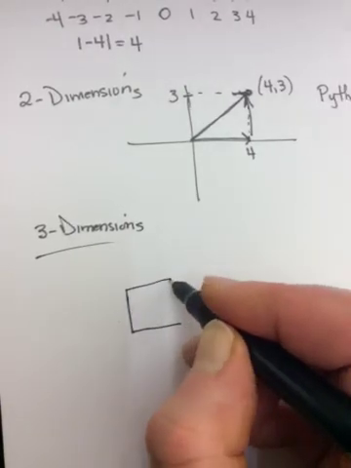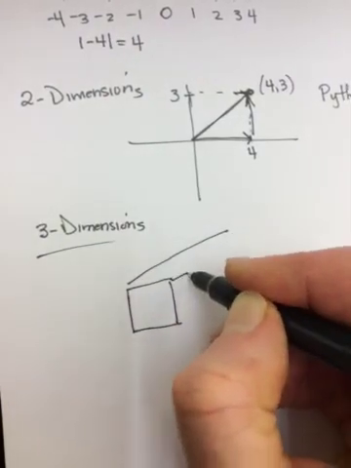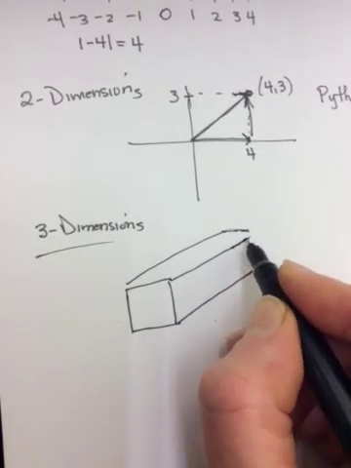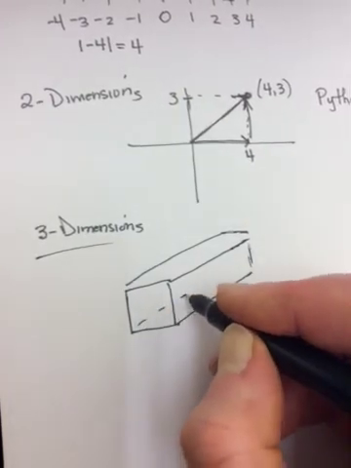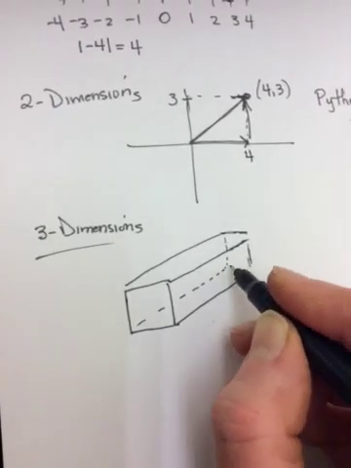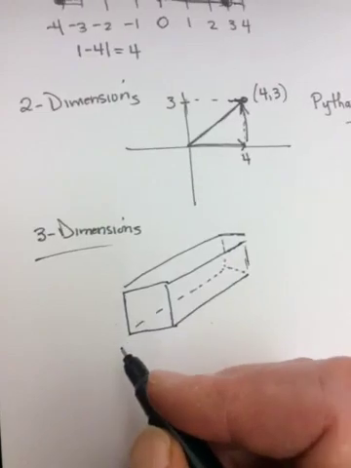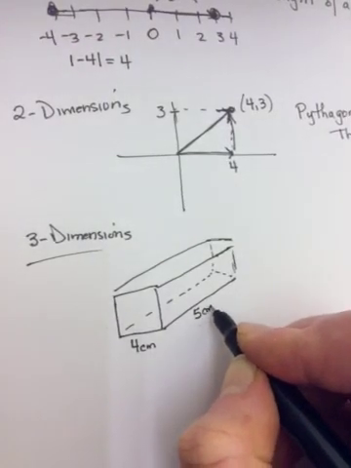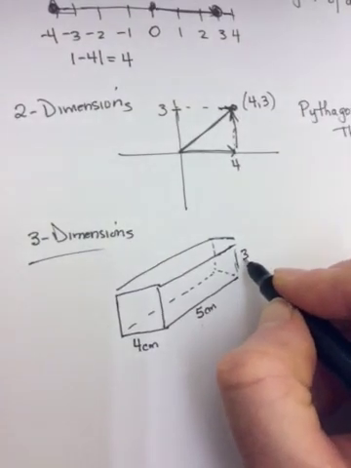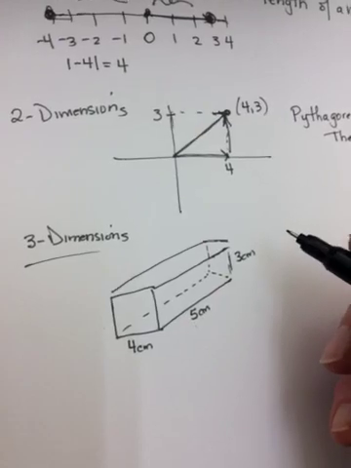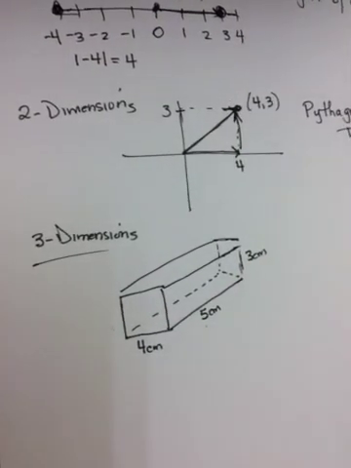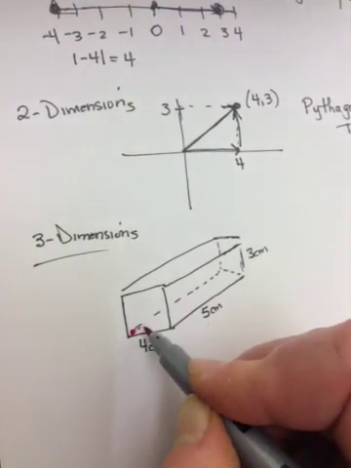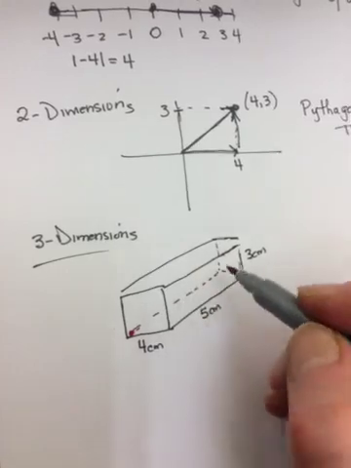So let's test my 3-dimensional drawing ability here. Okay, so it looks way too squared. I didn't really mean it to be that square, but let's suppose this is 4 centimeters. I'm going to say this is 5 centimeters. I know it looks longer. It's an optical illusion. And this is 3 centimeters. And so then the question is, what is the vector, the length, the absolute value of going from this corner